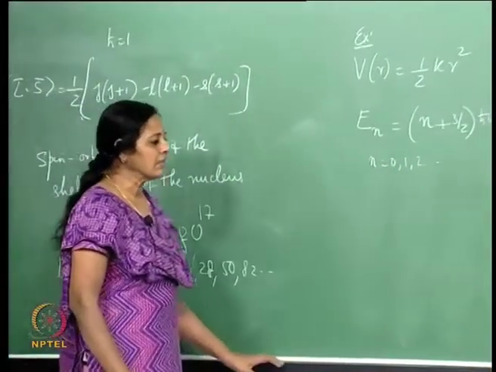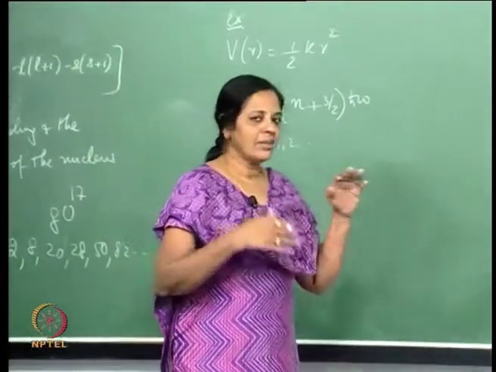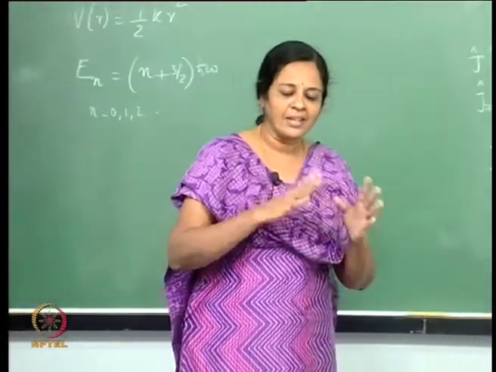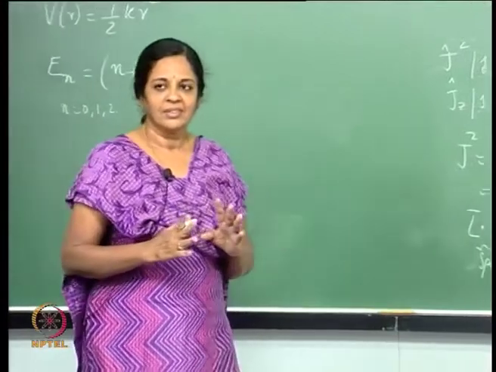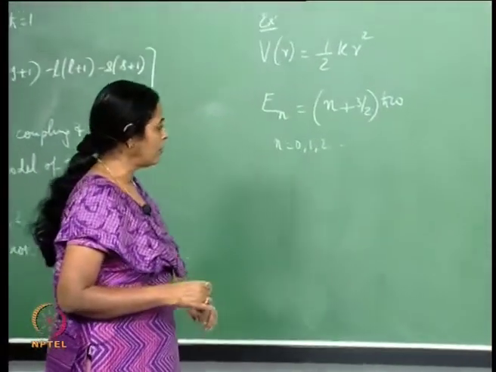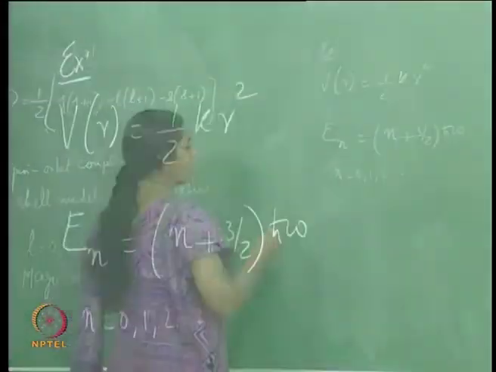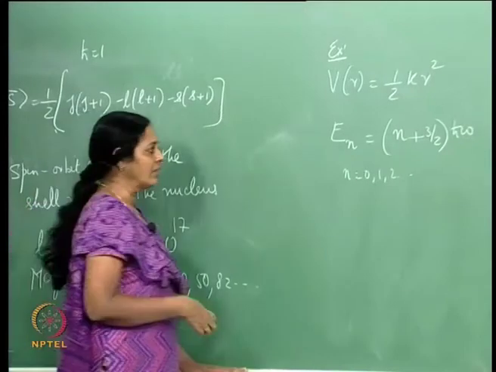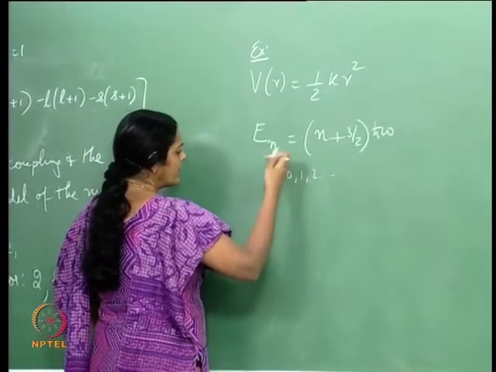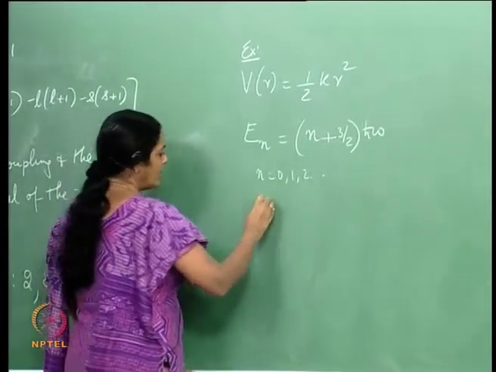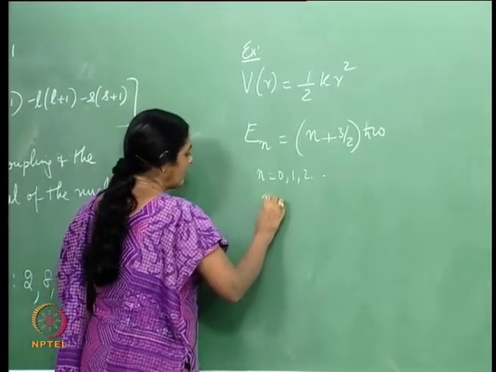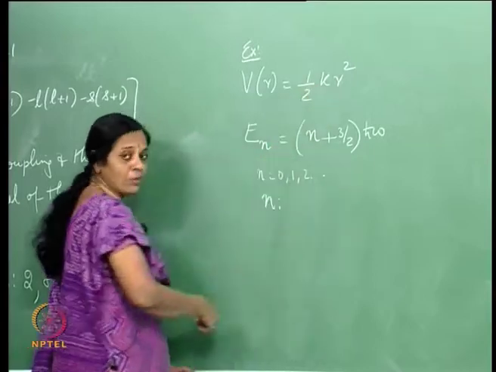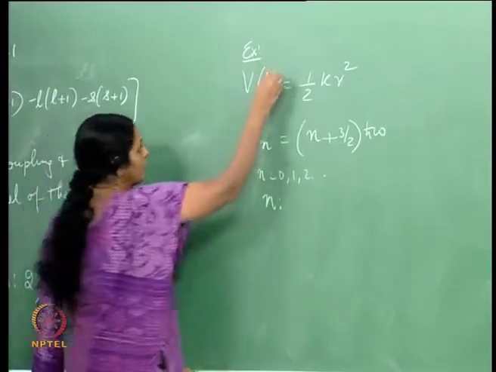Now, as I said earlier, even as m got constrained, m and l got related to each other when we solved the angular momentum problem. Once you solve the radial equation, you will find that n and l are related to each other. It turns out that for a given value of n, in the problem of the 3-dimensional oscillator potential,